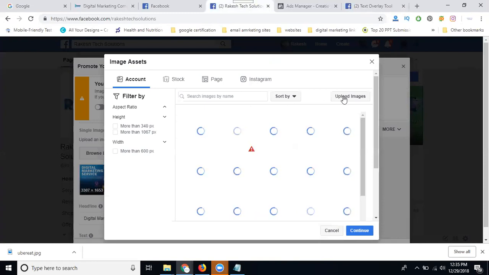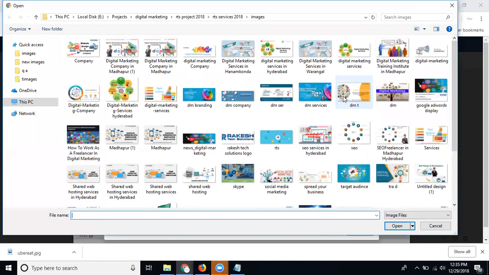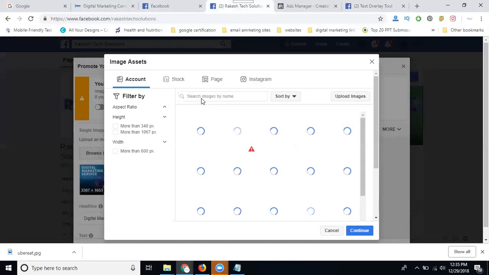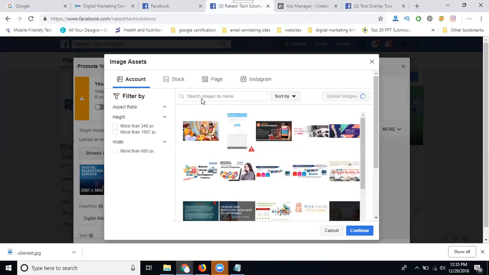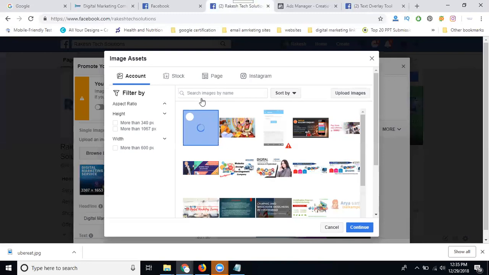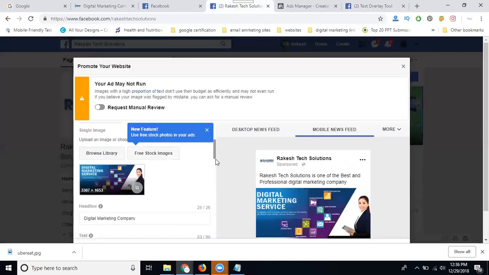Go to upload. I can go with my own image. Select it. Upload my image. The image was selected. Click continue.